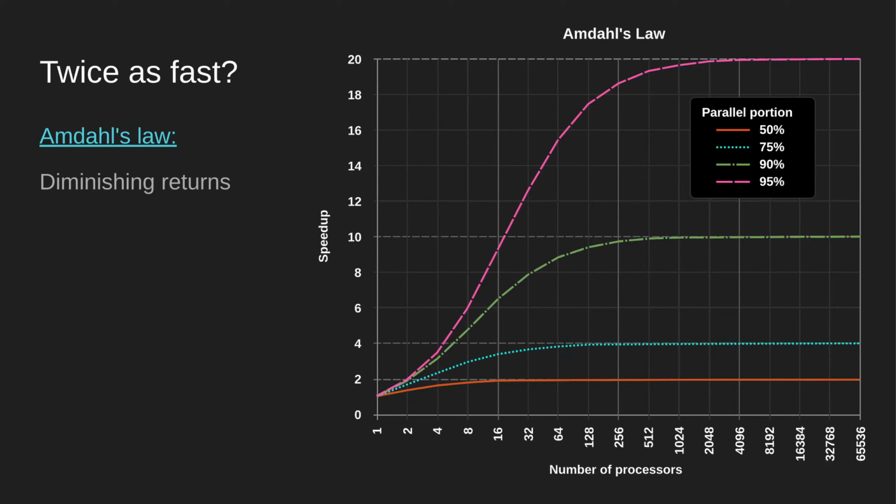Probably more like 95%. So if we look at the pink curve here, not sure if my mouse cursor is big enough, but the pink curve, that's 95% parallel. And you can see all the way at the top that you will only ever get a maximum speedup of 20 times faster. Which is kind of crazy, because if you look at the x-axis, oh, by the way, it's labeled wrong. I stole this graph from Wikipedia. It's supposed to say number of threads, but it doesn't really matter. Anyway, if you throw 65,000 threads at the problem, it'll only get 20 times faster.